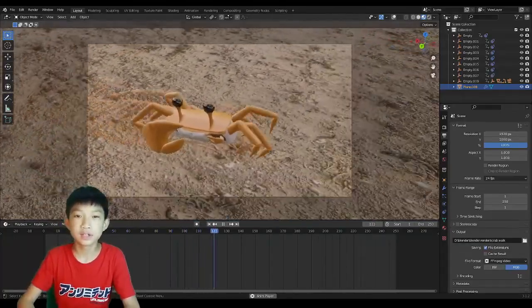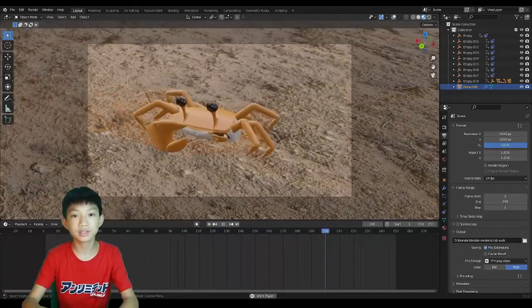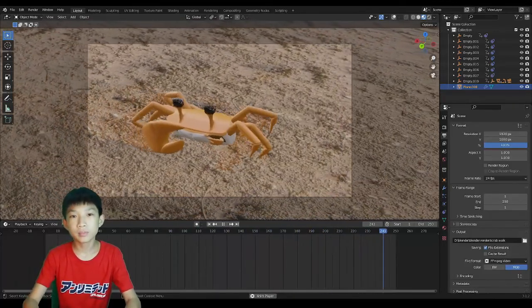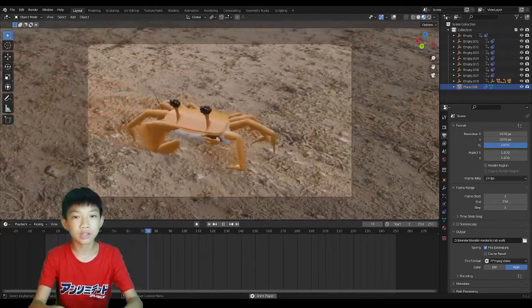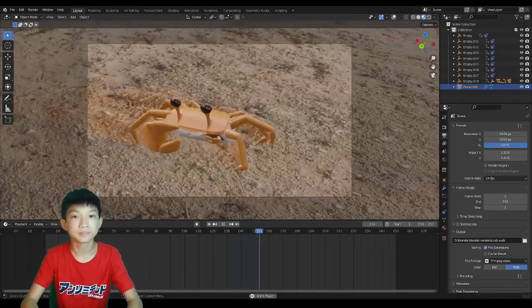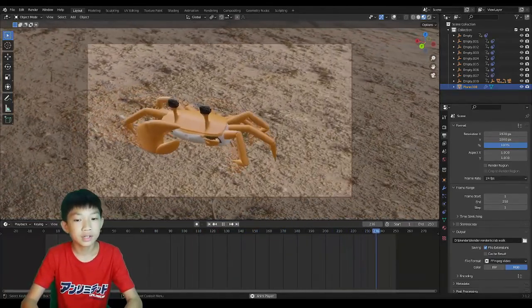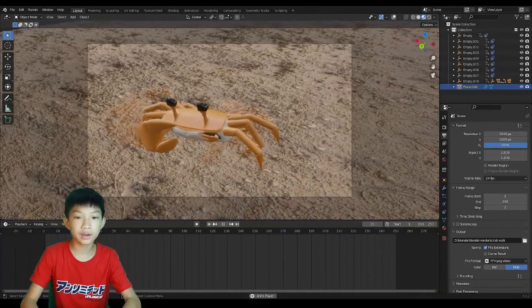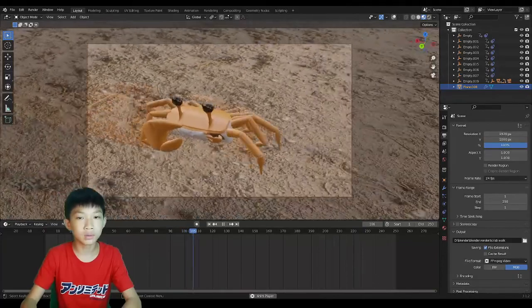Okay, so last video we made the legs and rigged it. It can move now, but right now what it's lacking is controlling our crab character. It's still in one place and it's not really moving. And we also can't control the direction of the legs, which way it's going, like we want it to flip